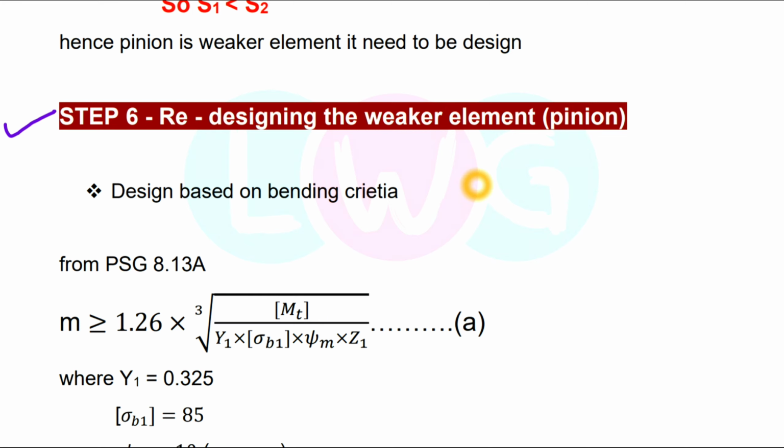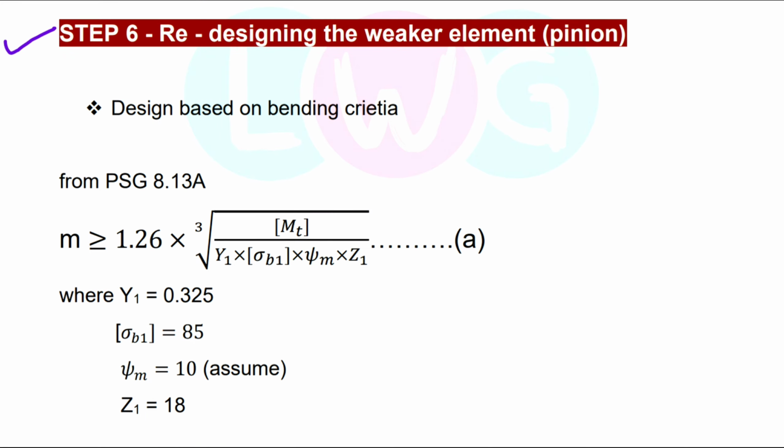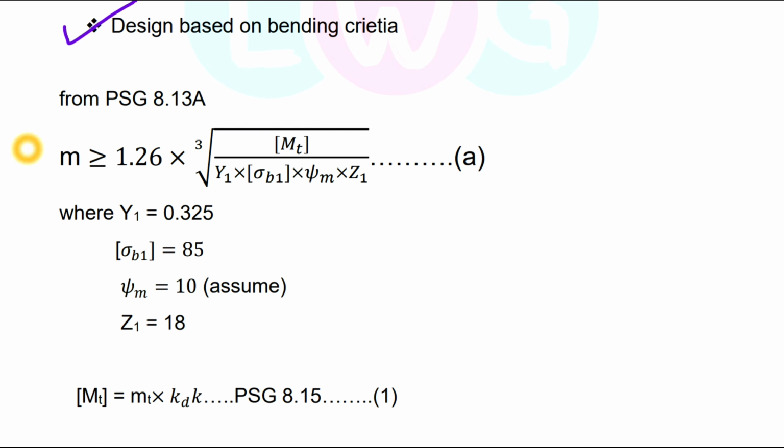and the weaker element is the pinion. So the first sub-step is design based on bending criteria. Design based on bending criteria. For this, from PSG 8.13a, from this page we will get this formula: a is greater than or equal to 1.26 into cube root of Mt upon Y1 into sigma b1 into psi m